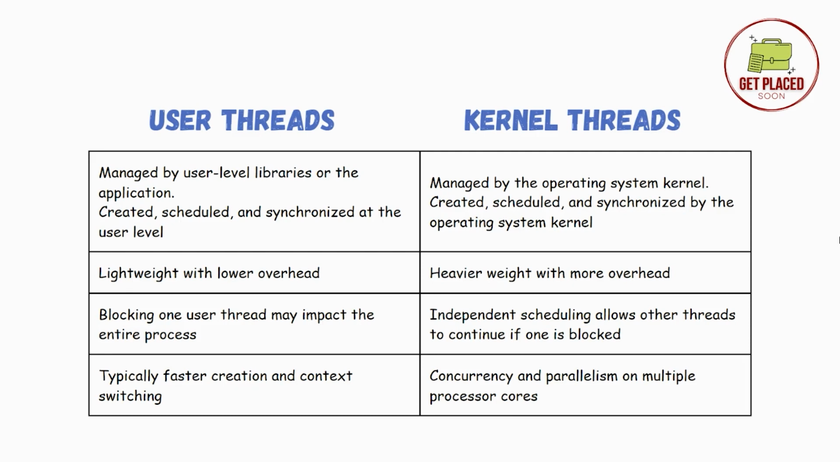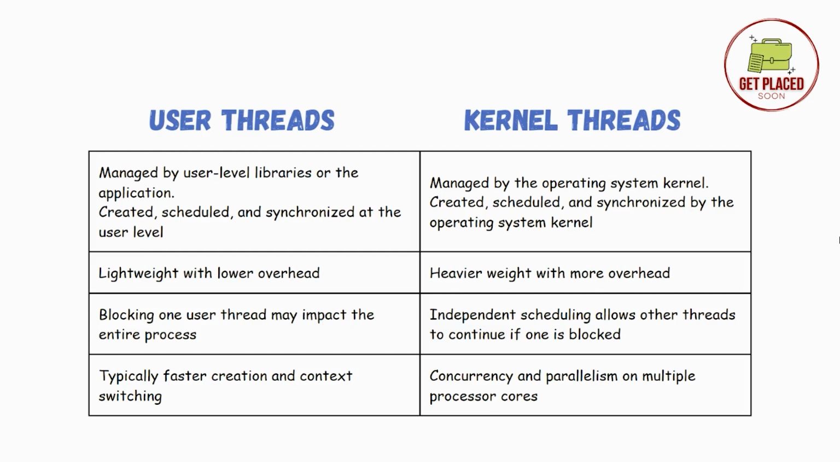Moving ahead, we have blocking behavior. If a user thread in a process is blocked, it may block the entire process since the kernel is unaware of the individual user threads. Just like I said, the OS is not aware of user level threads. So if there is a problem in user threads, the entire process will be affected. Here in kernel threads, the OS has full idea of what is happening in the kernel threads. That's why even if there is any problem, even if there is any block,